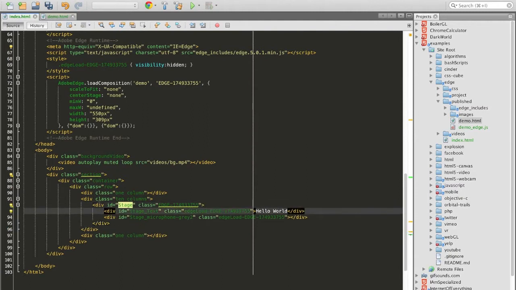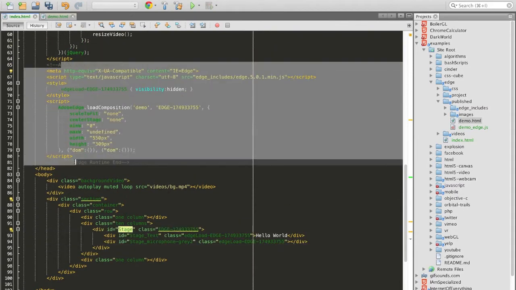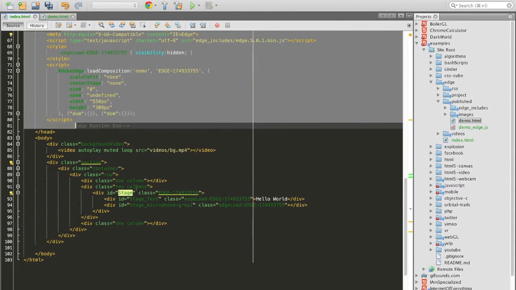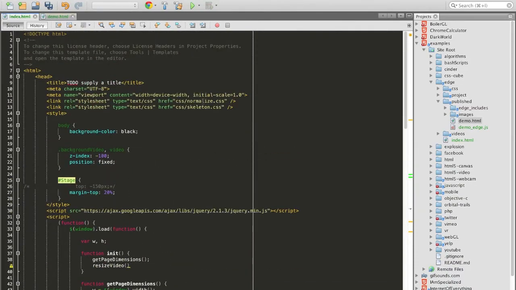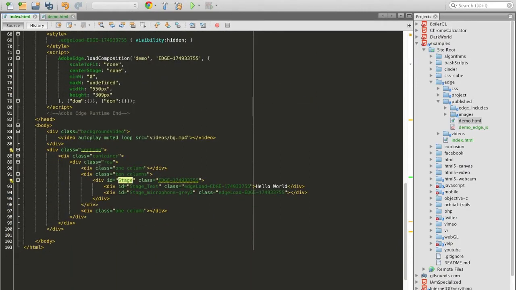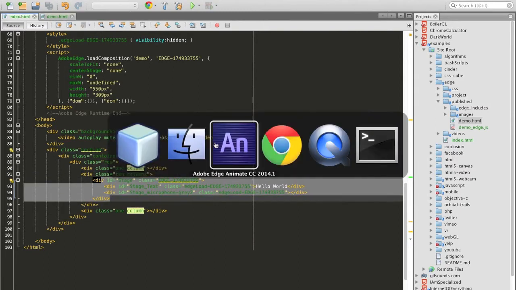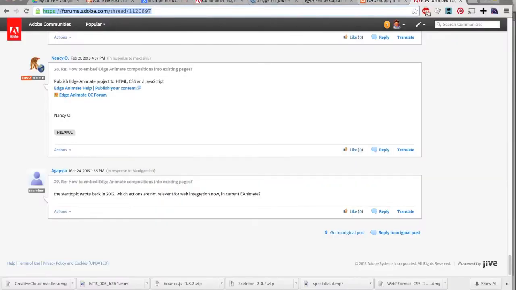Okay, so I've got my stage embedded on the page. I've got my Adobe runtime. Now, if you're wondering what some of this other stuff is, I'm just using this thing called Skeleton, which is just a framework for making your page responsive. So I've got one column to the left, one column to the right, and 10 columns in the middle where the stage should be. So if I save this page right now and I try to run it, you'll notice